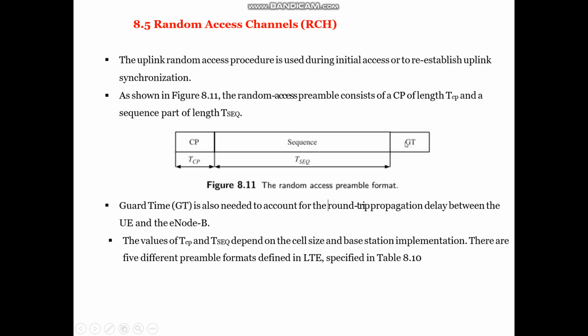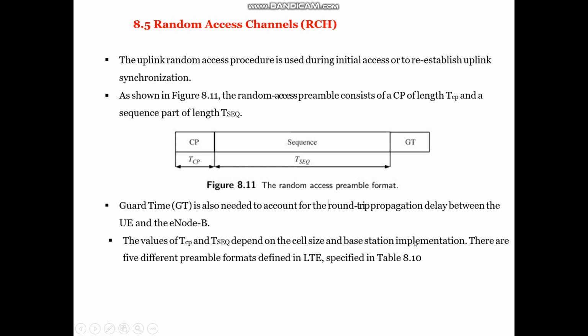As uplink synchronization may not be established prior to the random access procedure, a guard time GT is provided. The GT is also needed to account for the round trip propagation delay between the user equipment and the eNode B. For that purpose it is used, and the values of T_CP and T_SEQ depend on the cell size and